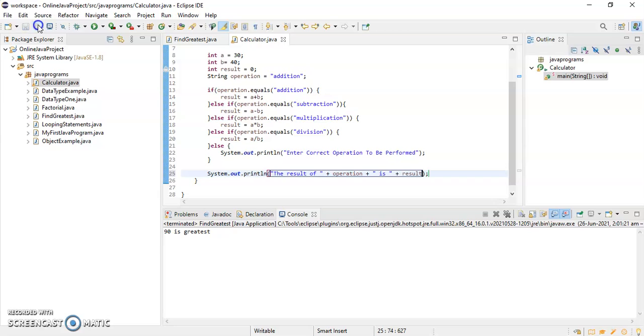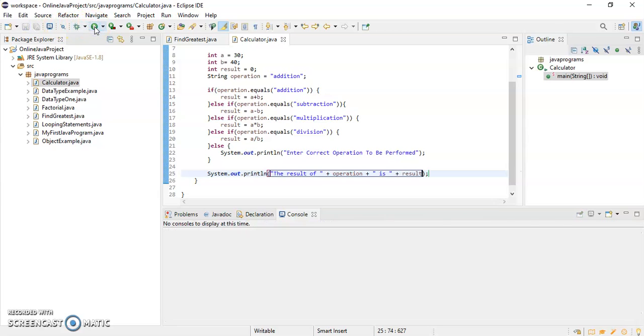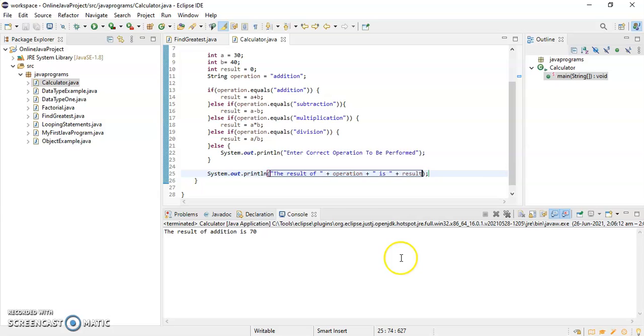Now if I run this one, I'll get the result of addition is 70.